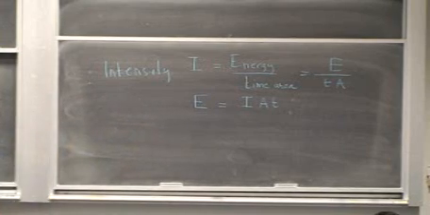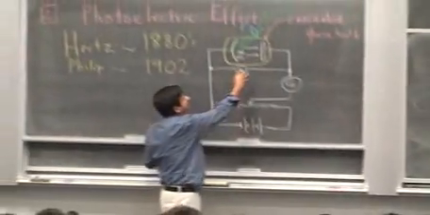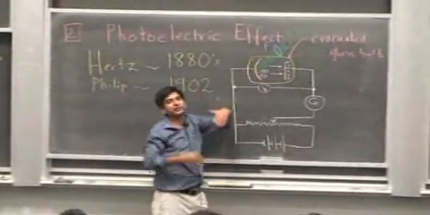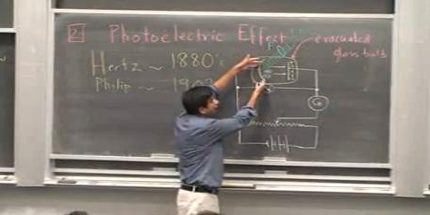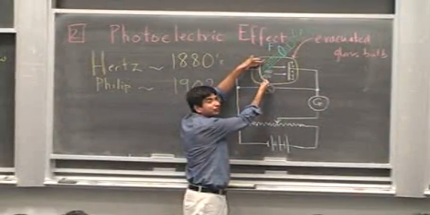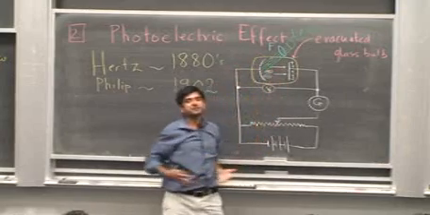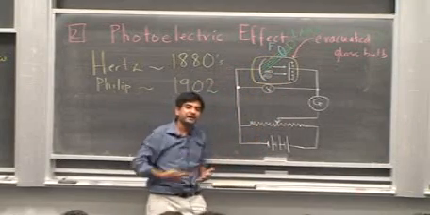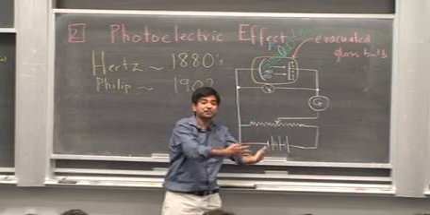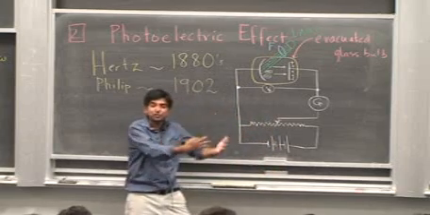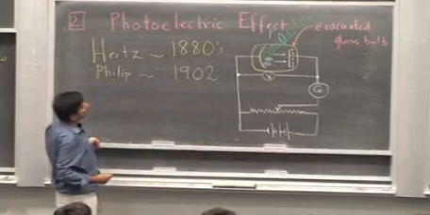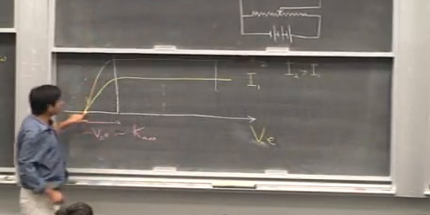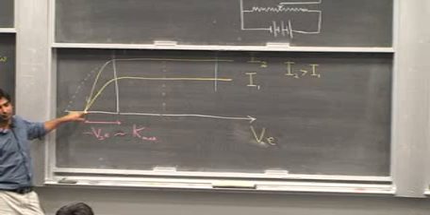Now you're increasing the intensity here. So the intensity of this light that is reaching the electrode is higher, which means more energy is falling onto the electron inside this metal. So when they are ejected, they must have a higher energy, and the maximum kinetic energy of the electrons ejected should also be higher. So a higher stopping voltage is required to stop the electrons. But what is observed is that it's the same stopping voltage that is required to stop the electrons.